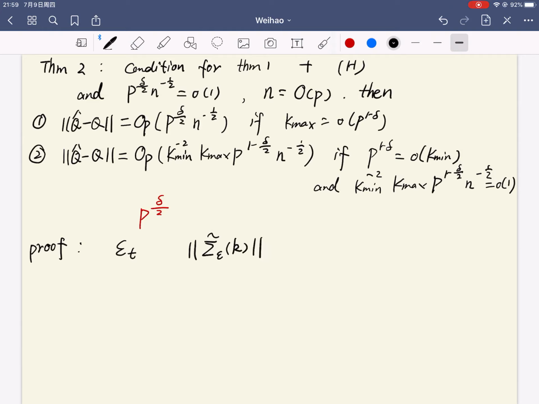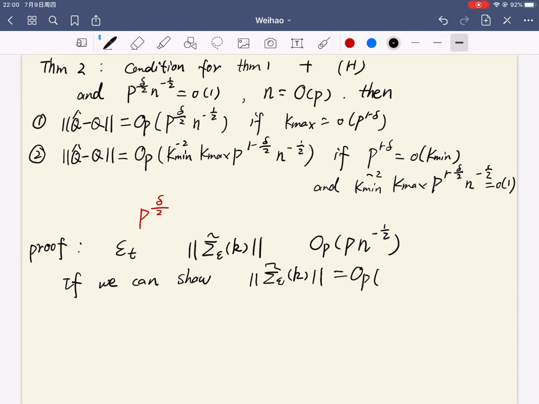Previously, the rate of convergence for this term is given by this number. And if we can show that it can be improved to this sharper rate,